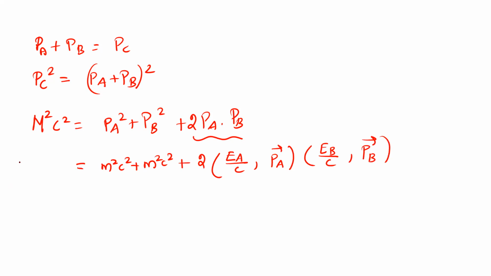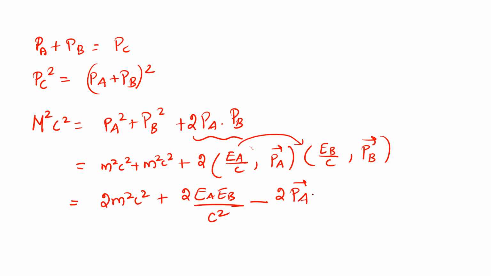So this is equal to, you can write this as 2M square C square plus 2EAEB divided by C square, right? It multiplies the 0th component, the time component, minus PA vector dot PB vector. All right. This minus comes because we are in Minkowski space. Now this is equal to 0 because one of the particles is at rest. Right. So this becomes